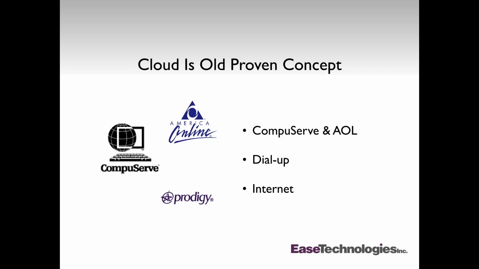And you think about how sophisticated AOL was when it first came out, and even CompuServe, providing email, providing access to certain databases, providing forums. These were all things that were out there for us literally 20 years ago or more, 30 years ago, but it was done through dial-up. Today with the internet, we have a greater pipe of access to information, including video and all the same services that were provided in CompuServe and America Online and Prodigy. So really the concept of a remote service or servers has been around for quite a while. The difference being that now we have access to them on the internet with a multitude of different devices out there.